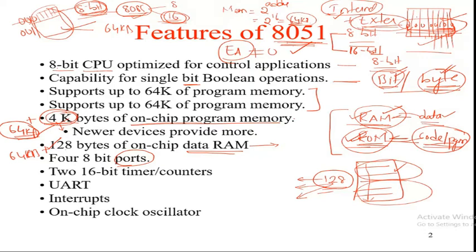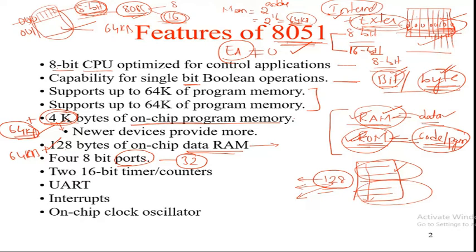So how many IO pins or ports do we have for the 8051 microcontroller? Totally we have 32 IO pins for the 8051 microcontroller. And these 32 IO pins are divided into four ports, and they are treated as 8-bit ports. So each port has 8 IO pins. We will see clearly